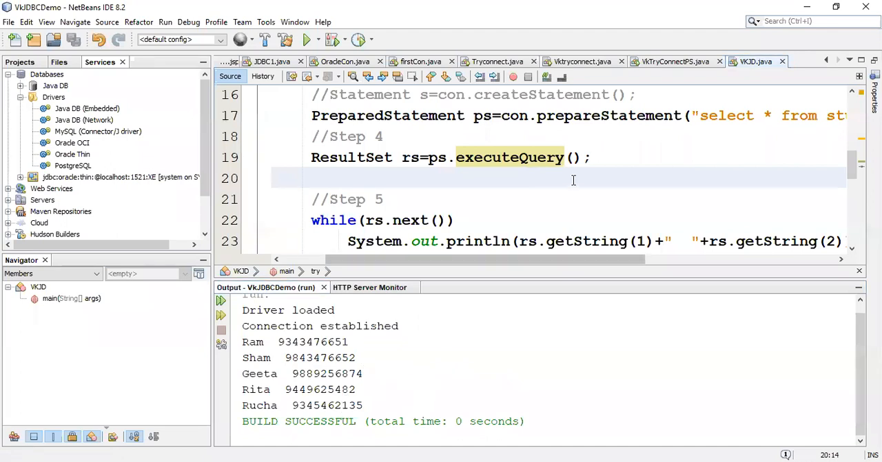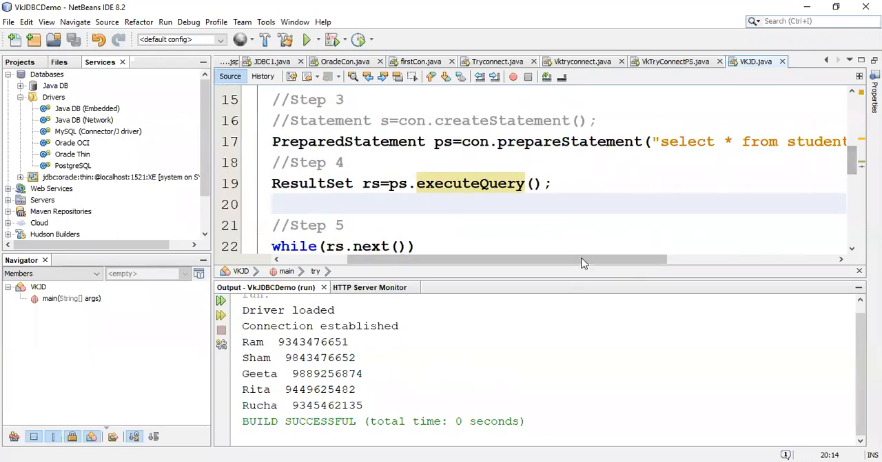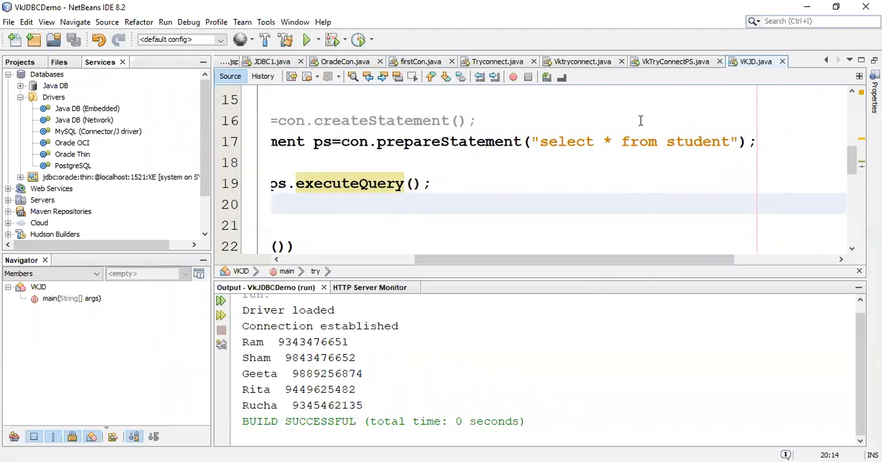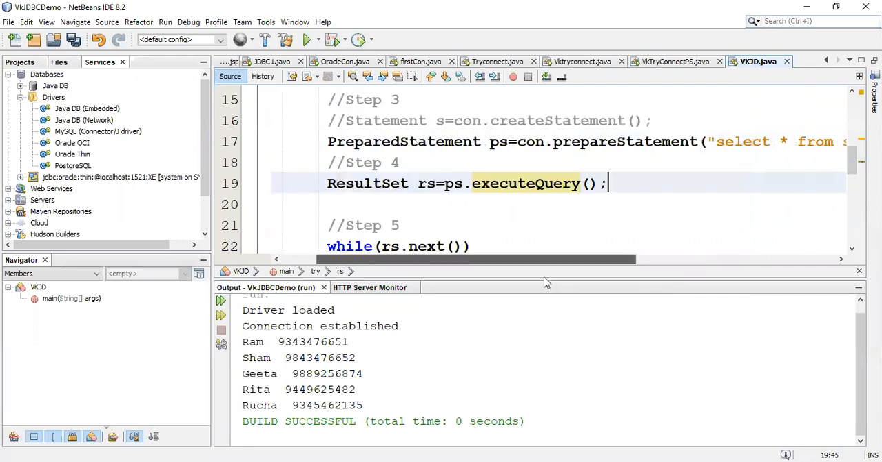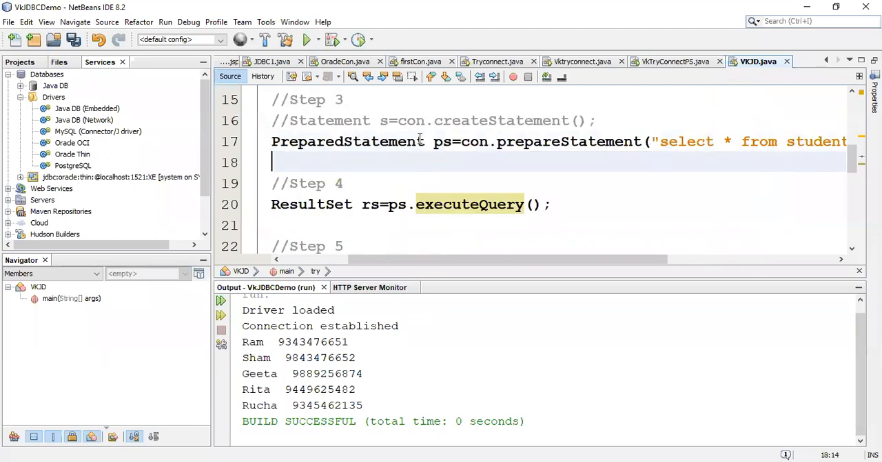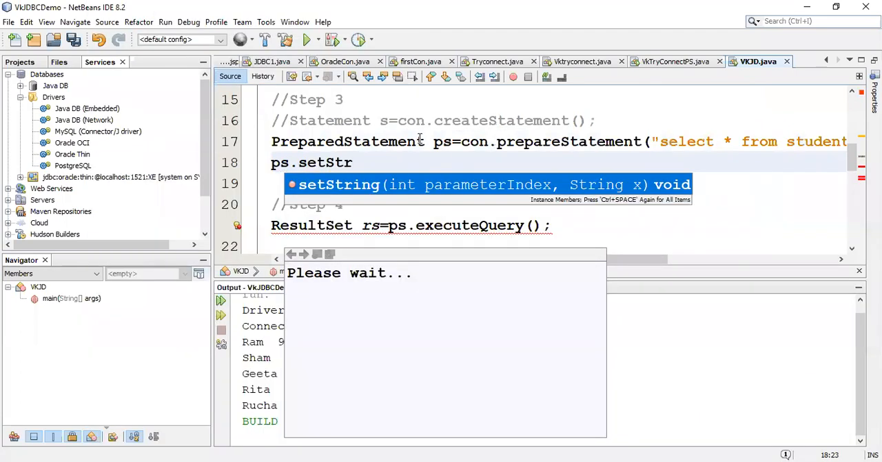Yes, ma'am. The additional advantage this prepared statement has is, now there is a last minute remaining. I don't know whether I'll be able to finish the explanation, but anyways. For select star from student, I can say where name is equal to, and I can accept a value from the user and give a question mark here. Right now I'll do a dummy program. I'll not accept it from the user. Next class I will show you that. Right now I can just say ps.setString, because